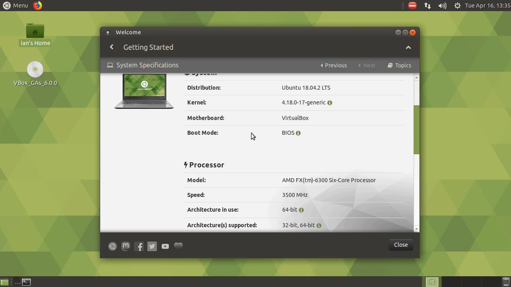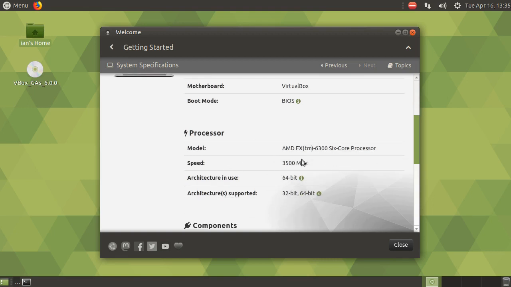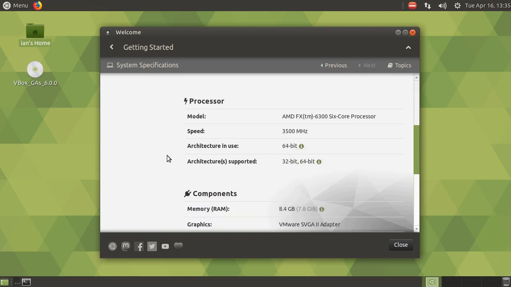Even Windows doesn't show my computer's motherboard. It shows the clock speed of my processor. I don't know if this only shows stock clock speed or if this shows the actual clock speed if you overclock it, because I have not overclocked my CPU for a while. My power supply is too low to do that at the moment.